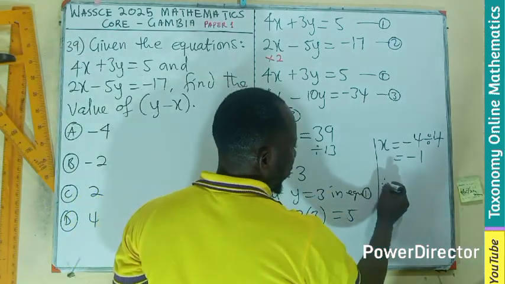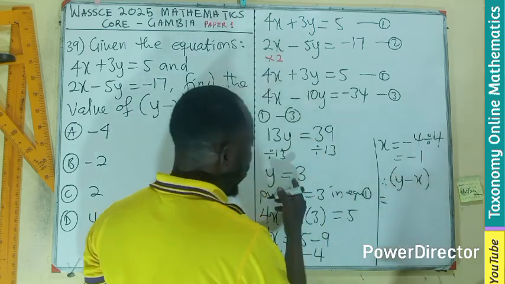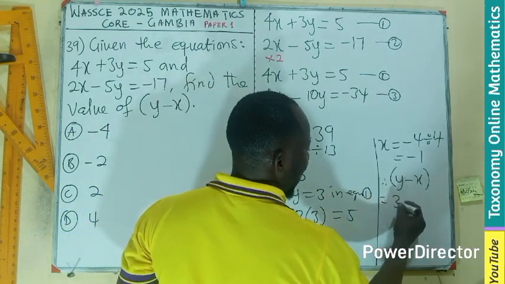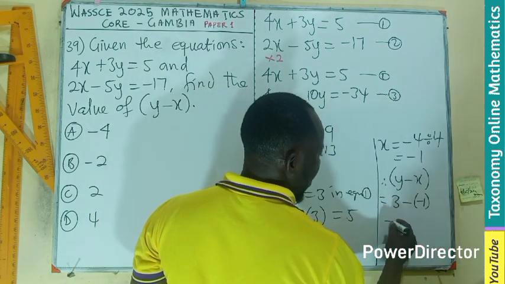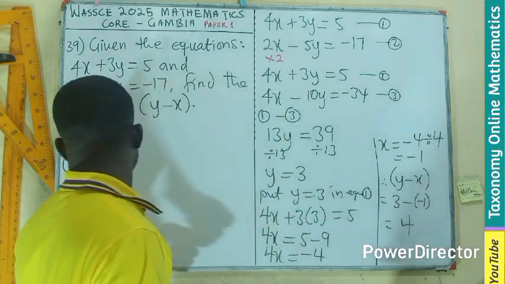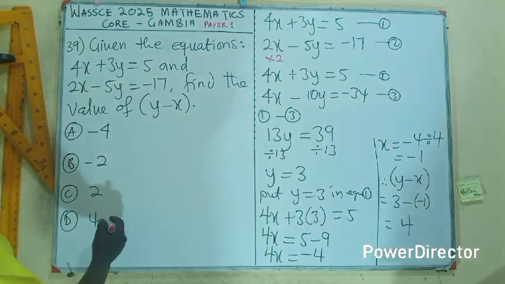So therefore, we are looking for y minus x, where y is 3, minus x, which is negative 1. That gives us 4. So let's check the options and see. That is going to be the option